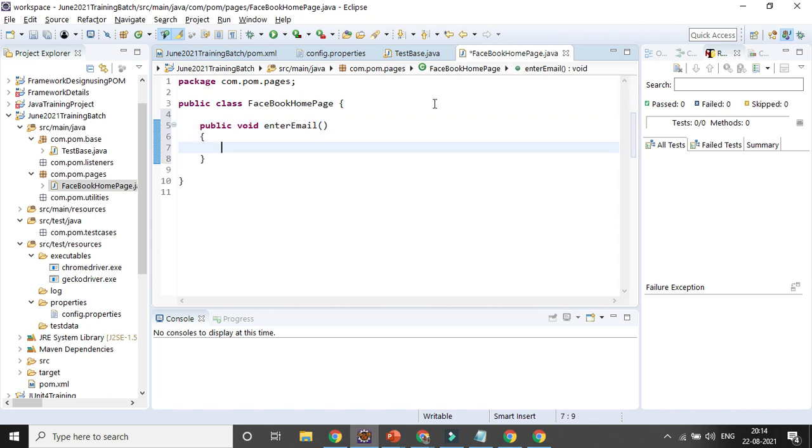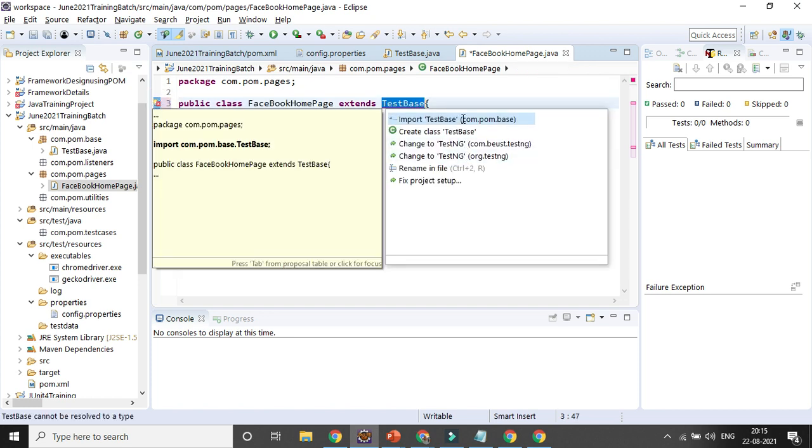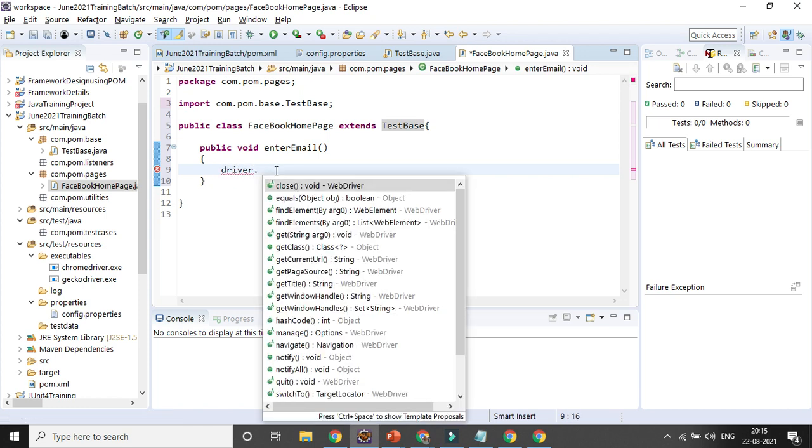So here I want to pass driver dot, and definitely whenever you are creating any class, right, you need to extend the base class every time. Otherwise important methods will not be coming in, right? Extend, what is the name, test base. So every time for each and every page you need to extend it, need to import it. So driver dot find element,